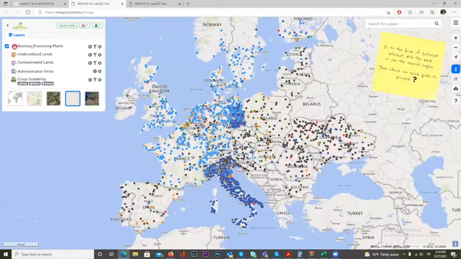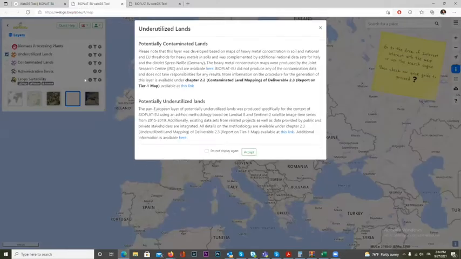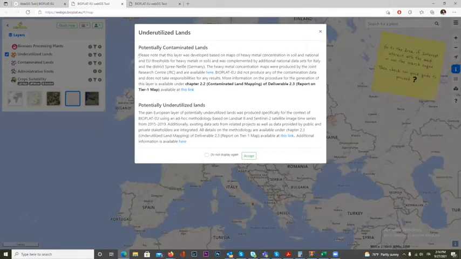So the first thing we can see here, on the left-hand side of our screen, is a selection of different layers. Those of you who are familiar with GIS systems and the like will probably recognize the opportunity to superimpose different layers by selecting them, let's say, individually. Now, when we select a first layer, the layer on the underutilized lands or the contaminated lands, another disclaimer comes